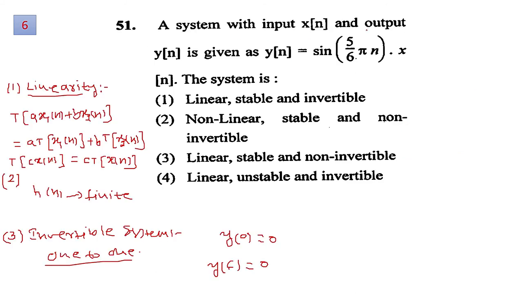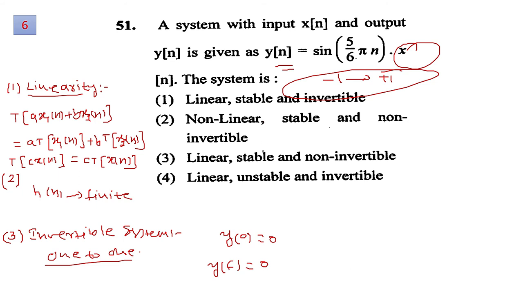Next, question number 6. A discrete time system is given with the input output relation, and we have to comment on whether the system follows the given properties or not. For a system to be linear, it has to follow additivity and homogeneity. If you observe it, it satisfies both properties. Second, for a system to be stable, its response should be finite. When you give a finite input, it will always give a finite output, because the sine theta value varies from -1 to +1. So unless the input is infinite, the output will never be infinite.